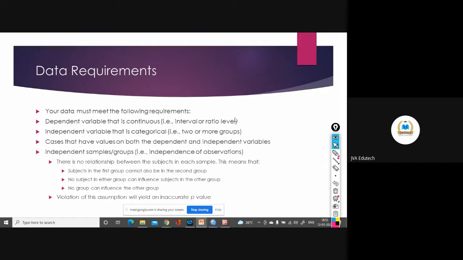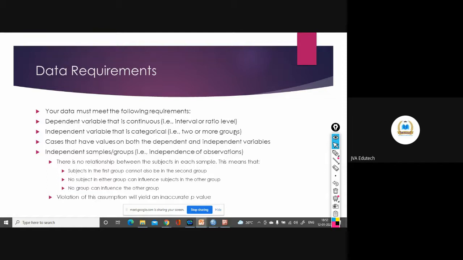The data requirements for conducting the independent t-test, if you see the decision tree: the dependent variable should be continuous, that is, taken on an interval or ratio scale. The independent variable is categorical, and it should be only two groups as of now. More groups means ANOVA, right? So it is restricted to two groups.